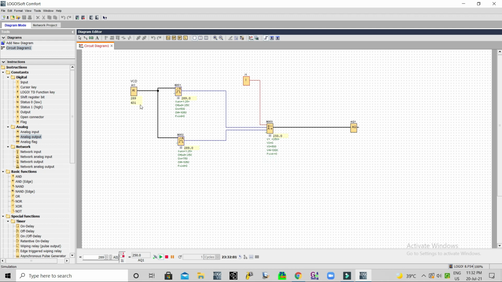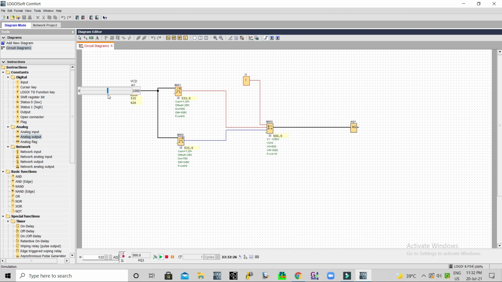Okay, now as I told you, our VCD is opened below 50%. So our AHU is running in 25% of the speed. Okay, now our VCD is opened above 50%, below 75%.